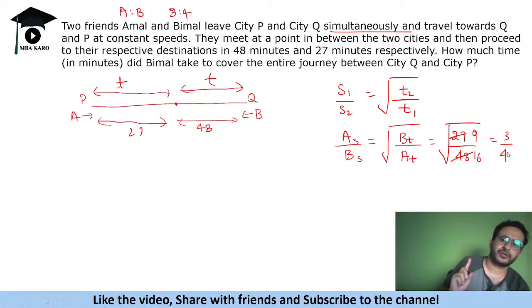Okay. Now another thing that you need to keep in mind is, basically the time T, the meeting time, the first meeting, that is under root of this thing. Okay, that also you need to keep in mind. सो अब समझते हैं कि कैसे, अगर यहाँ से यहाँ तक T ले रहा था और यहाँ से यहाँ तक 48 ले रहा है।